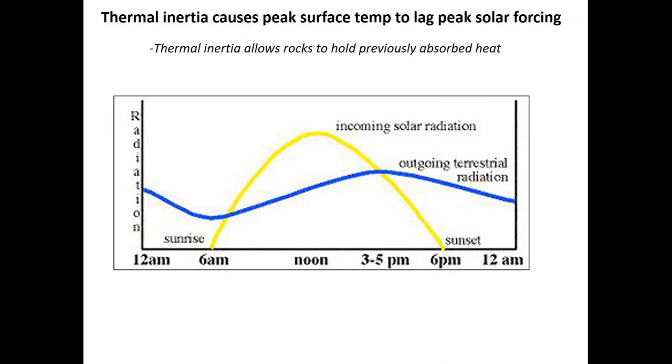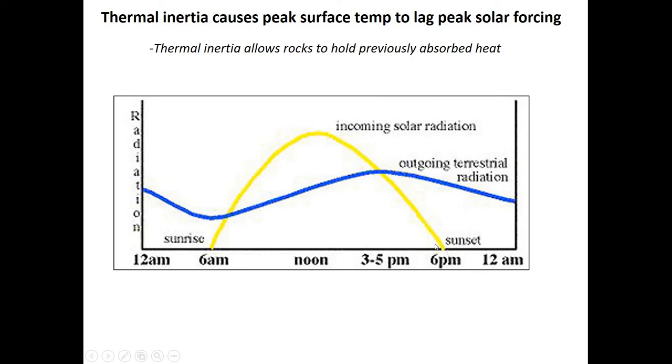So if you think about how these changes in temperature play out over the course of a full day, we can think about how the temperature of an object might respond to solar forcing. If you look at this, this is a simplified plot of just radiation, no units, so very generalized. The sun does this. Sun rises at 6 a.m. It gets more and more intense until we get a peak solar radiation around noon or 1 o'clock, and then